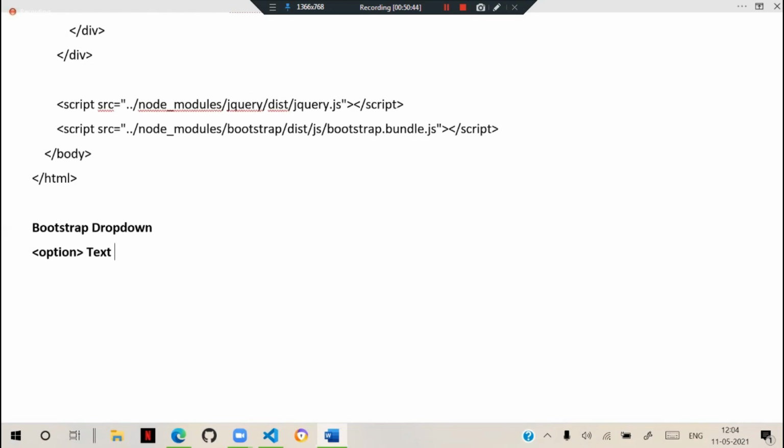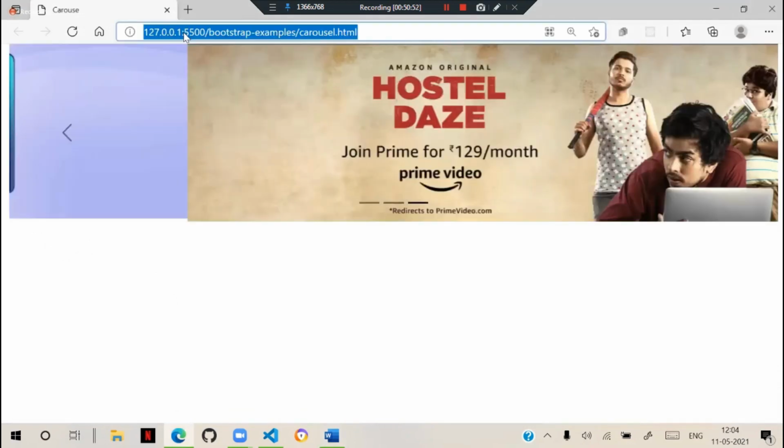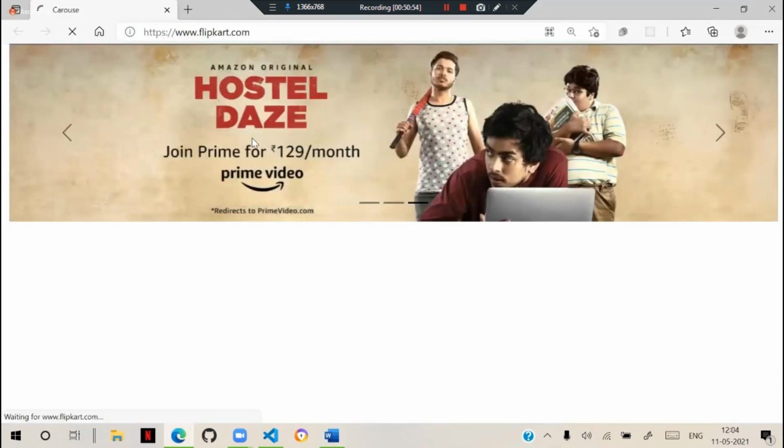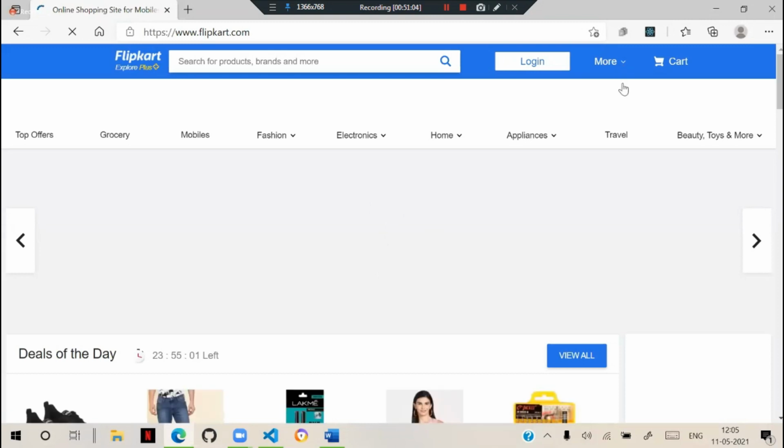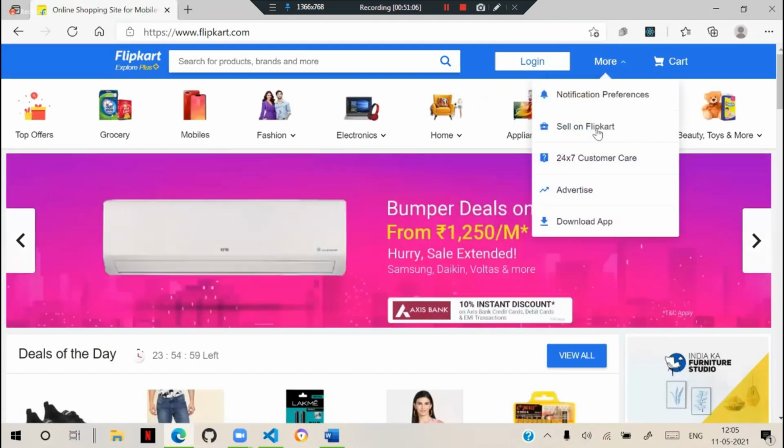Suppose we look at websites. In websites, navigation will be there, like Flipkart. In Flipkart, navigation is there, and when I click on More, it is a dropdown. When I click on that More, it gives these options.